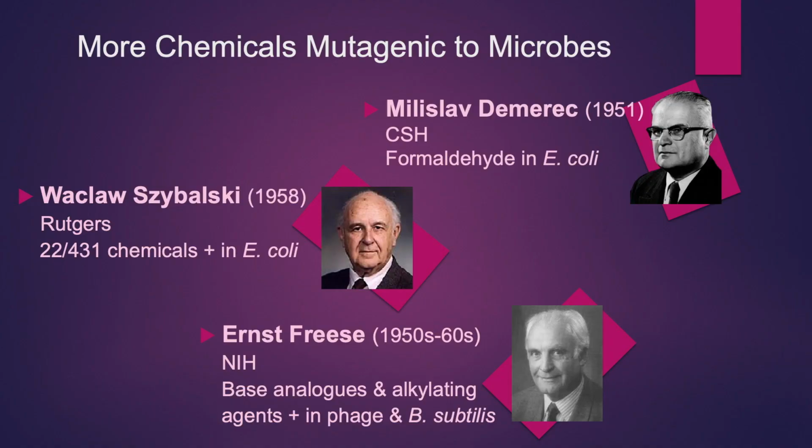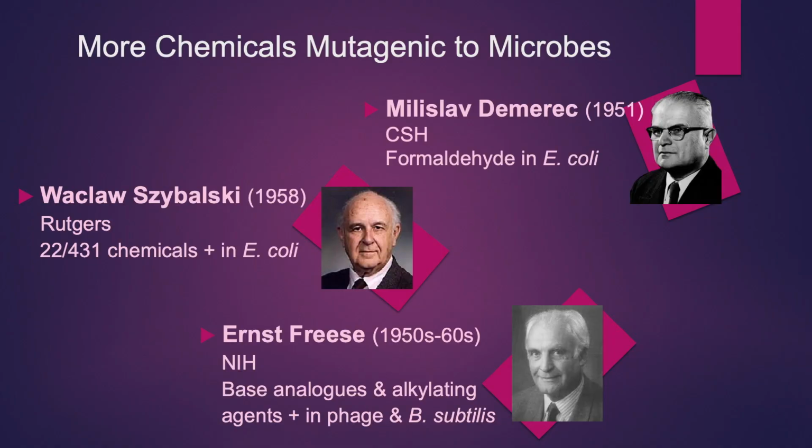And in 1958, essentially by himself, Zabolski at Rutgers did the first screening assay for mutagens. It was over 400 chemicals. He looked at it as a strep resistance assay of E. coli. You can see he only found a few that were mutagenic. He didn't have S9. But the reason he did this was the growing concern that there might be a lot of chemical mutagens in the environment and we better start looking. So this was one of the very first screening assays. This did not start with Bruce Ames in the 1970s.